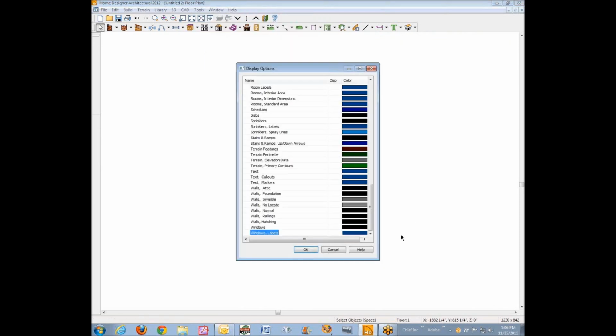Go back to Display Options and turn stuff back on. I don't want window labels right now. I didn't put any windows in the plan, but I'm going to turn those back on. I don't have any walls railing, but I may eventually. Walls normal, locate. And like I say, if you don't know what these names mean, look them up in the reference manual, find out. It's part of using the software. Walls, attic,